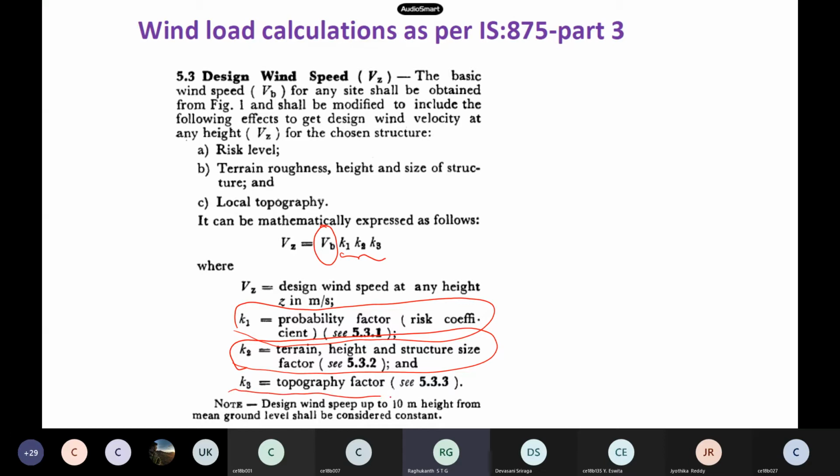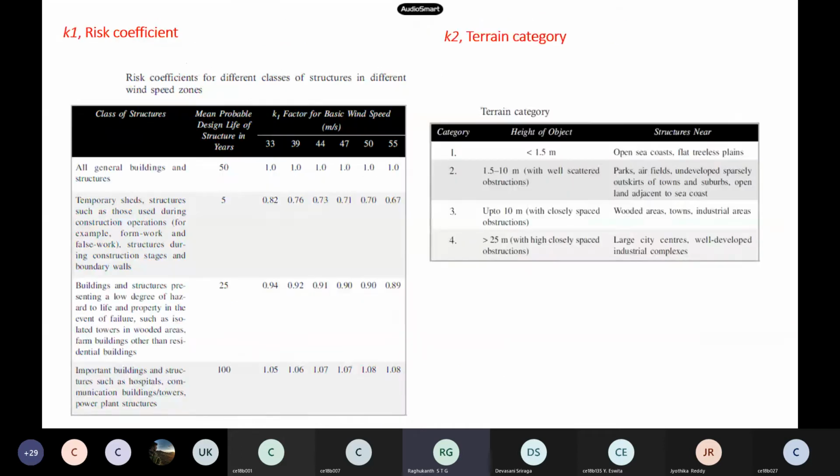And then topography also. Last time I already showed you, when you are on the top of the mountains, the wind speeds amplify like anything, 1.2 or 1.3 also may occur. But if you are located here, say, so this also matters. So the code says you have to multiply by these 3 coefficients. Now the most important thing in our IS code, for this wind code, is that the code is based on the concept of return period.